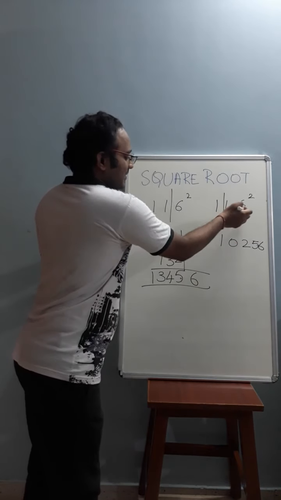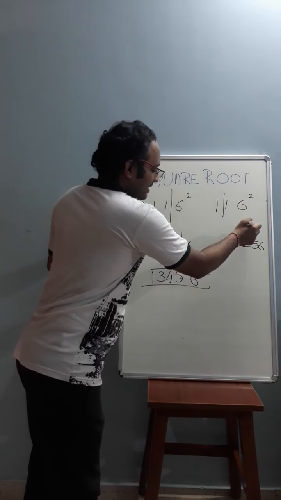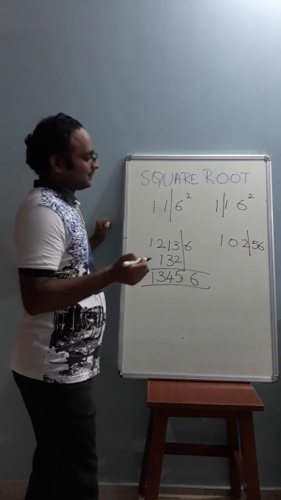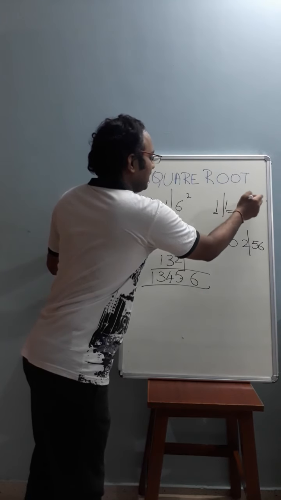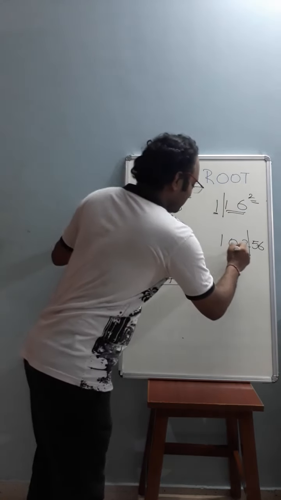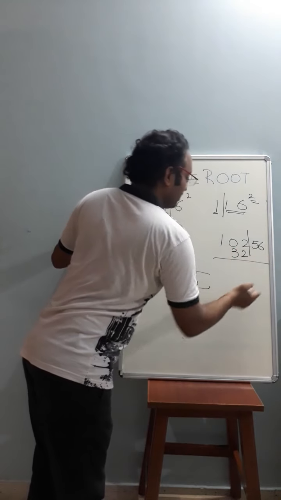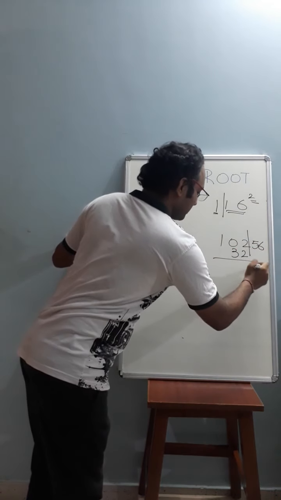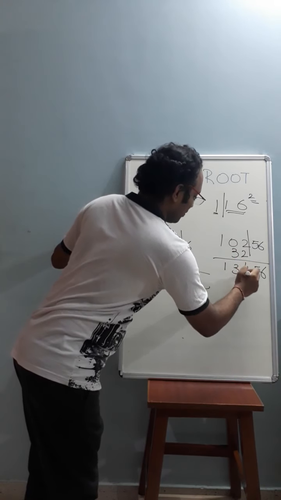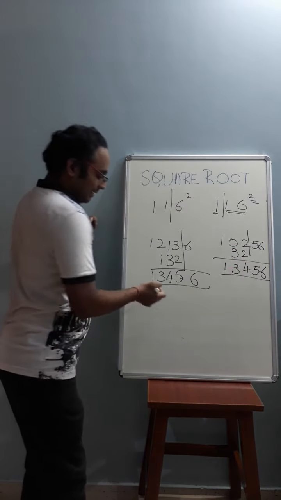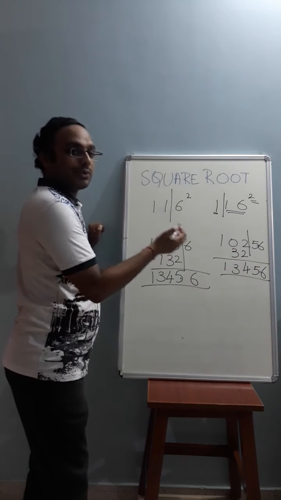We have written a slash after two digits, so put a slash here also after two digits. Now multiply 1, 16 and 2. That would be 32. Drop 56 as it is. Add this: 1, 3, 4, 5, 6. The same answer we got in both the cases.